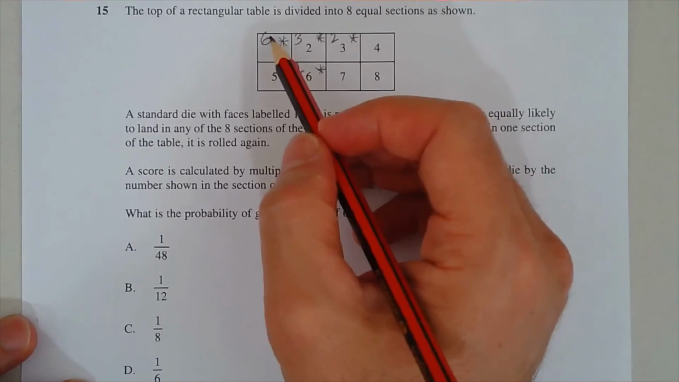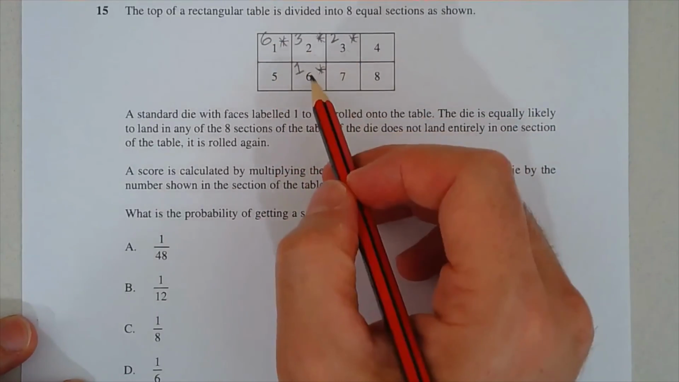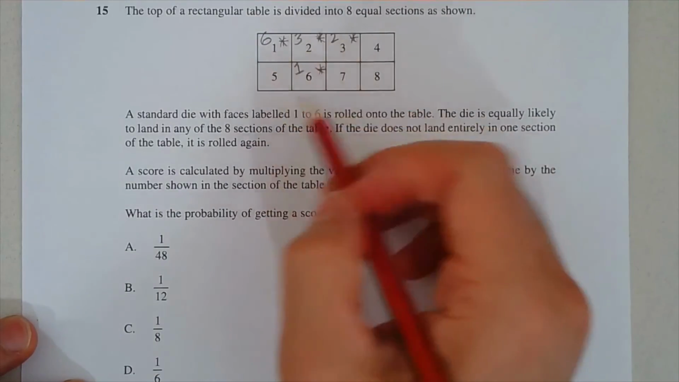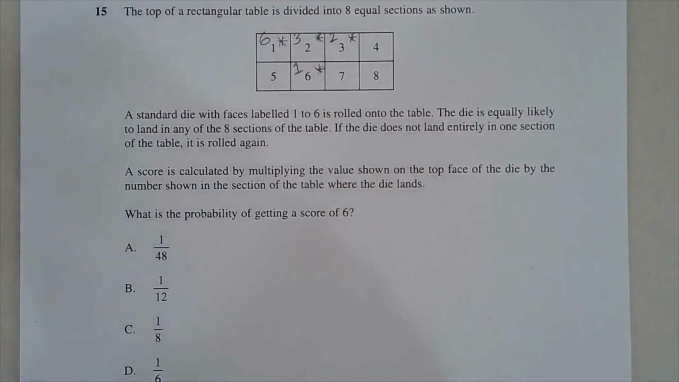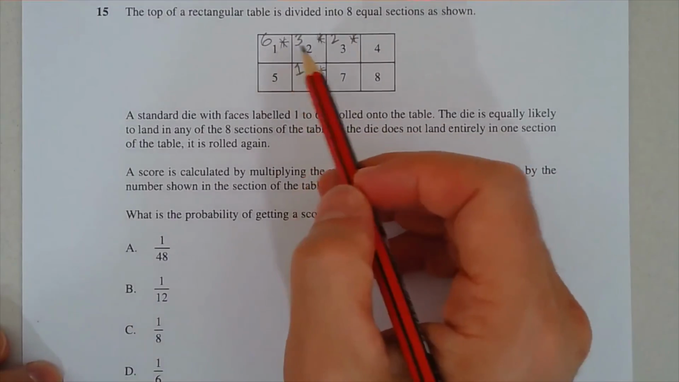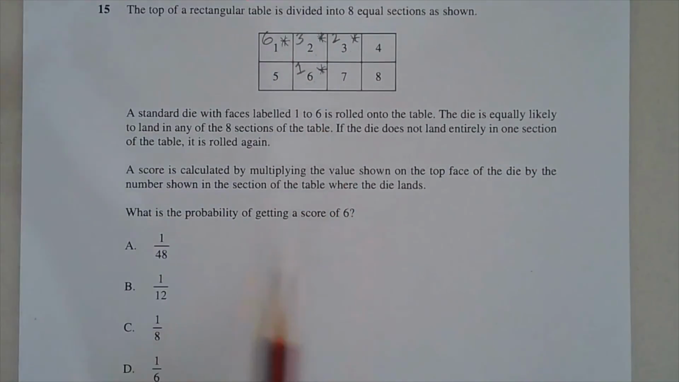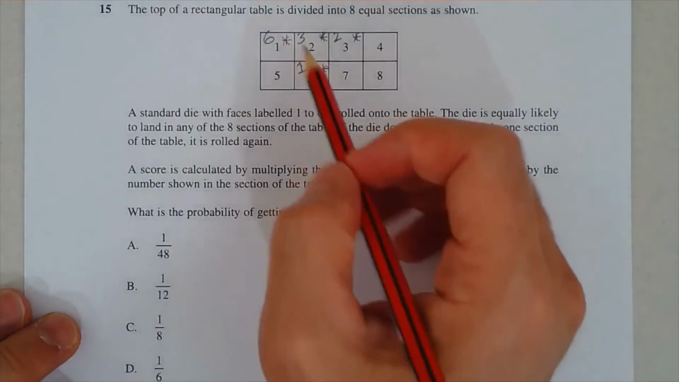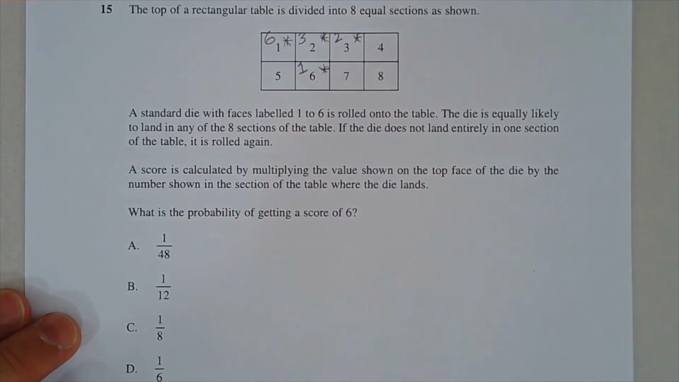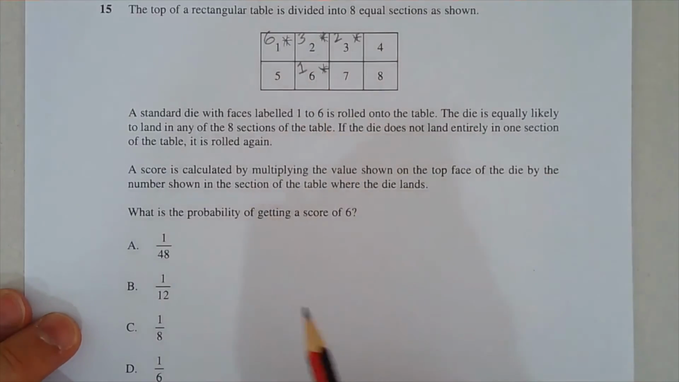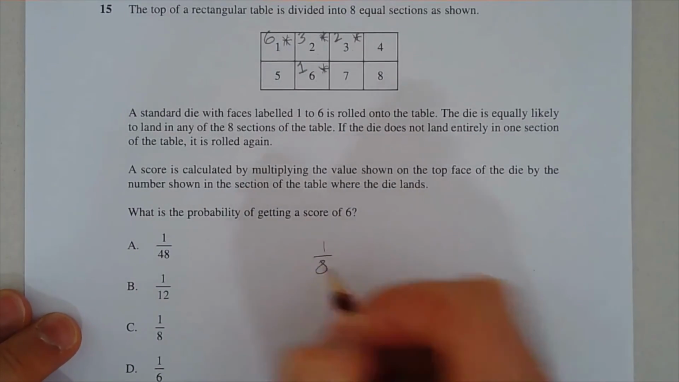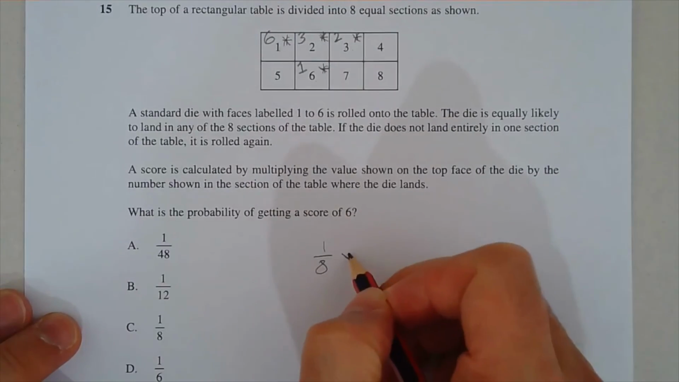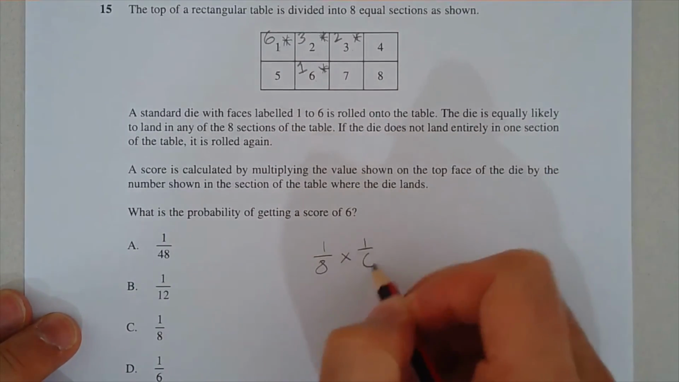So, in fact, we've got 1, 2, 3, there's 4 probabilities here, so it's like a multi-stage or a 2-stage event. There's 4 different outcomes that we're looking at, and multiplying those two together, let's say the die lands on the first square. We have a 1 in 8 chance of landing there, times a 1 in 6 chance of rolling a